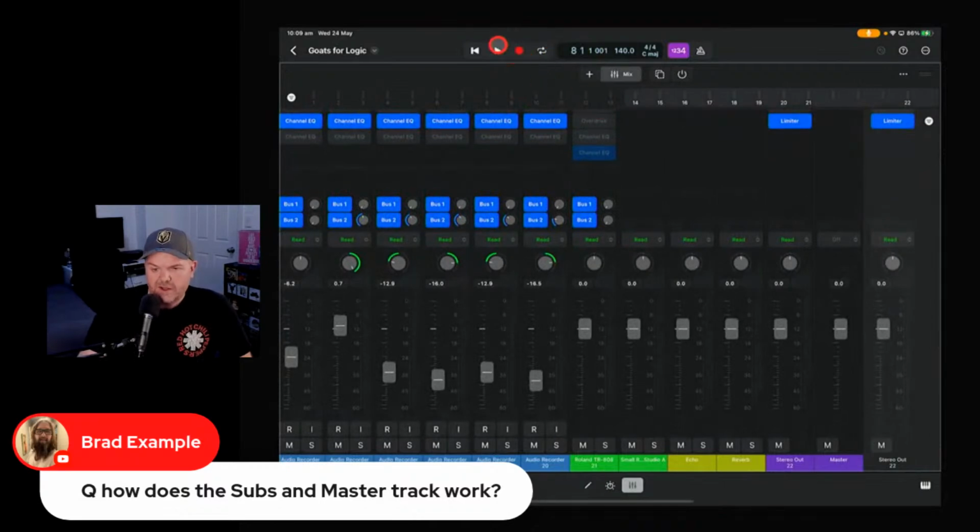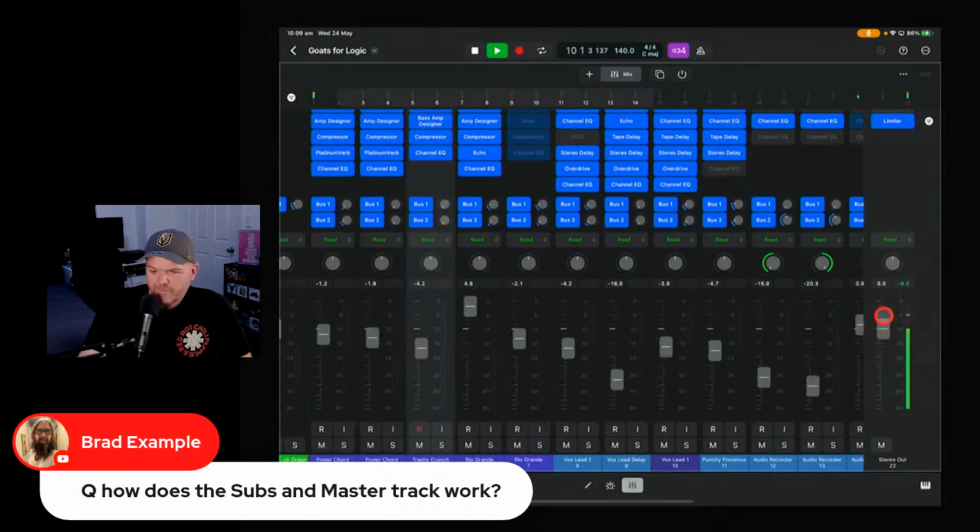So the good news here, for those of us that have come from GarageBand, is that if we play this song, we can adjust our master volume. The other cool thing is you'll see we've got a clip indicator here, so we'll know if our volume clips. So if we play the whole song through, this little minus 3.7 will actually show. Let's clip it on purpose to show you. So see how we've got that 2.0? If you ever get that, it means you're clipping on your master bus. So that's where you're going to distort and you're going to have problems there. So we'd turn that volume down.